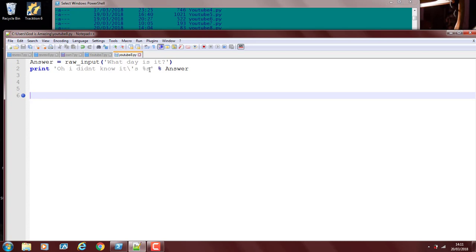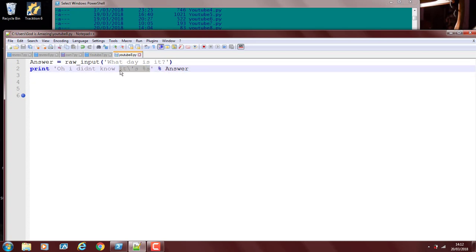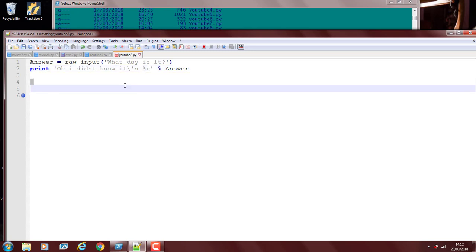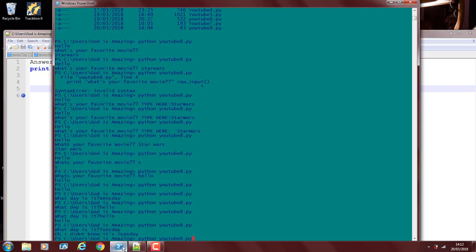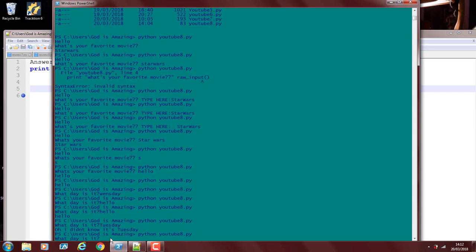So for formatting, I have a video on curly brace formatting. So from what I know, with the % formatting, if you use R, it'll print it back to you just how the person types it.